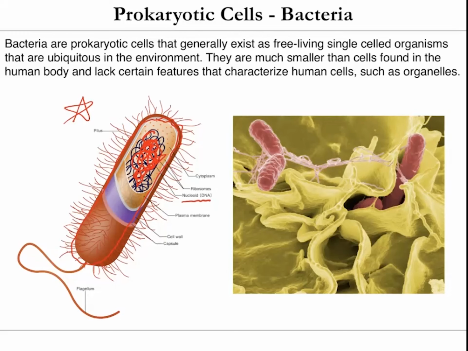So their cell membrane is actually quite sophisticated and unique. So they have a plasma membrane, but they also can contain a cell wall and a capsule and other things that are quite unique to bacteria. So there are some features of their cell wall that are unique to bacteria. Obviously, they have a cytoplasm, so that would be this region right here.